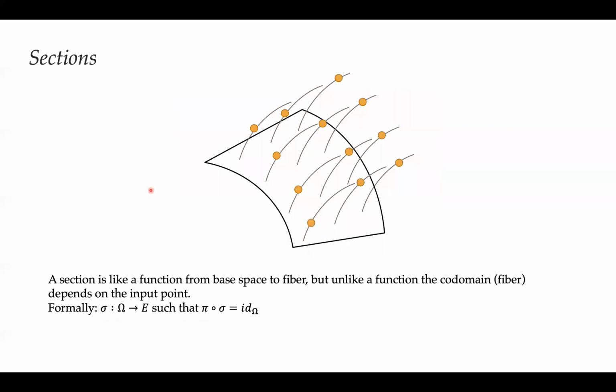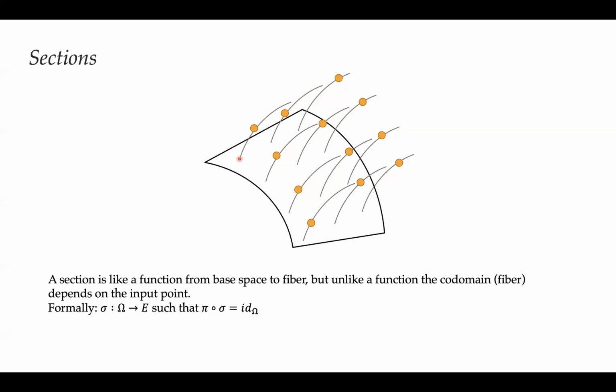Now, one important notion that will play a role in multiple ways is the idea of a section. So if we have a bundle, what we can do is we can simply pick in each fiber a particular value in that fiber. So it's kind of like a function, except that the output is in a different space, in the fiber over the input U. So the formal way to specify such a thing is to say a section. This is called a section. It's a function from the base space to the total space, but not an arbitrary function.